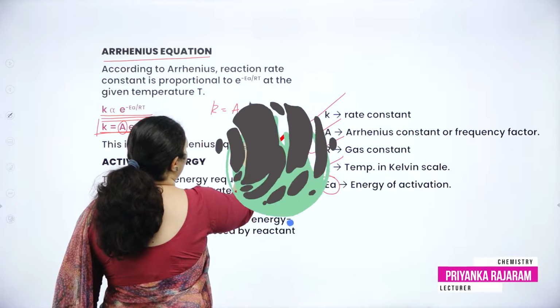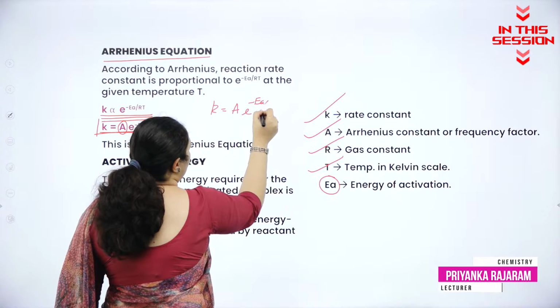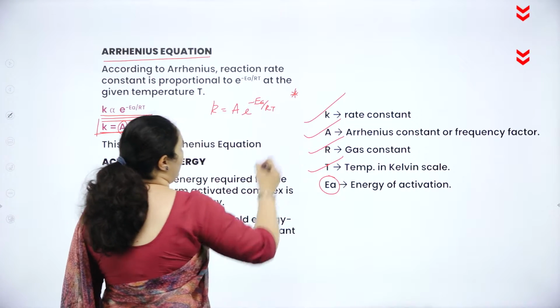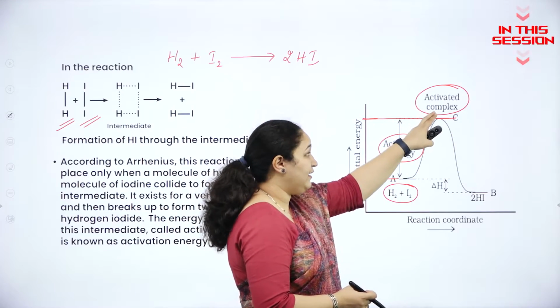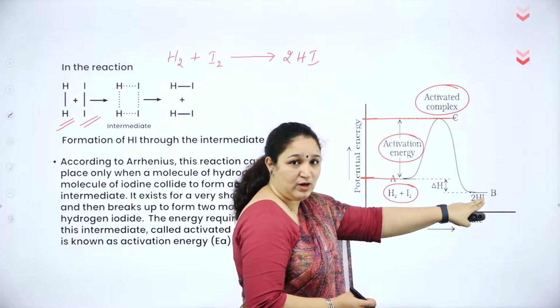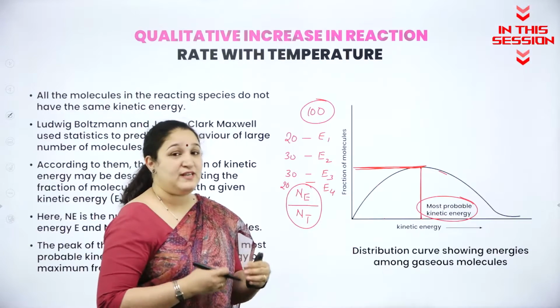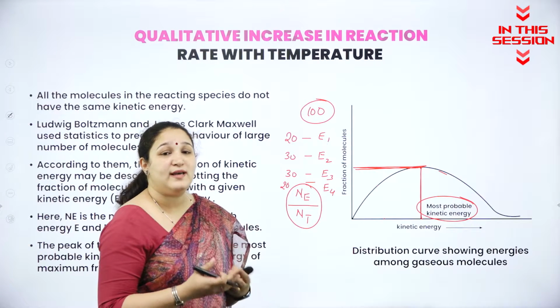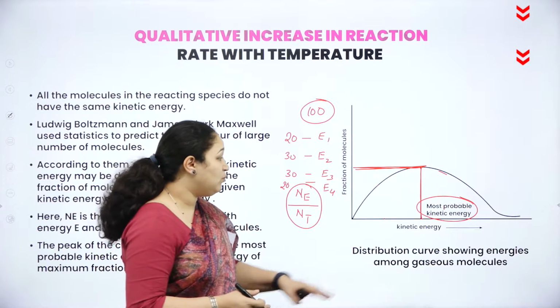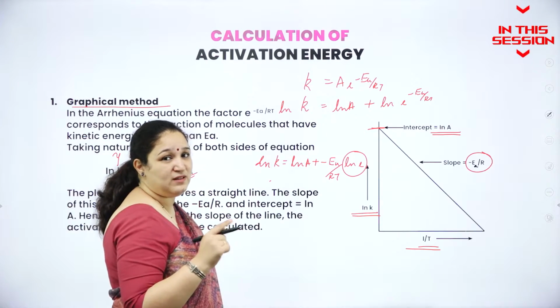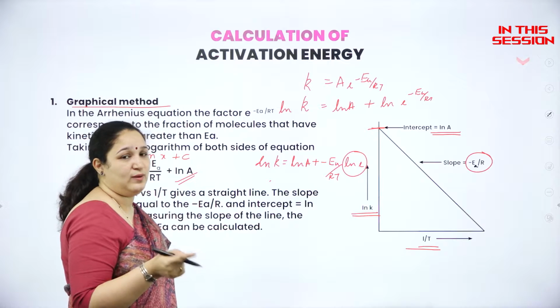A e to the power minus EA by RT. So it's a very important 1 mark question. To form activated complex and then form products is called as activation energy. Now if I change the temperature, what exactly will happen? Will the most probable kinetic energy change? So this is the first method, that is the graphical method to calculate the